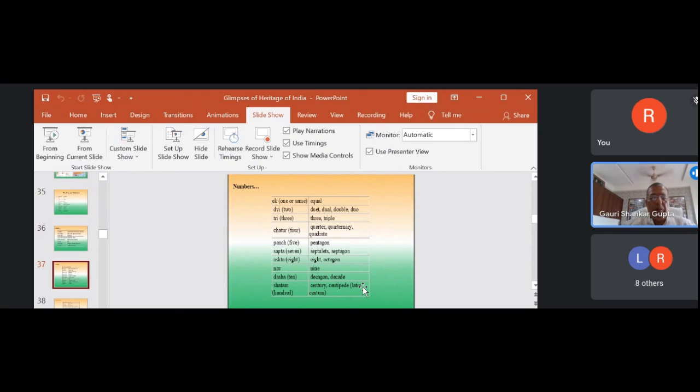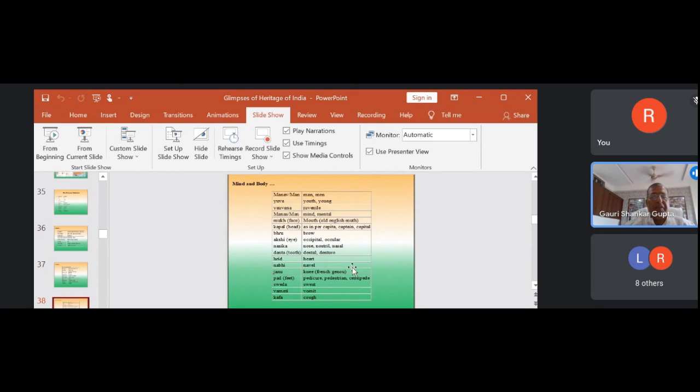So you can see all the numerals actually originating from Sanskrit and going to different European languages, of course the Indian languages as well, and also what we call the Iranian set of languages. In that also they have similar meaning. Now next is the mind-body complex. The words used in the mind-body complex, this is slightly smaller. Let me make it bigger now.